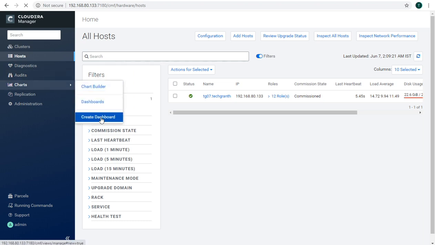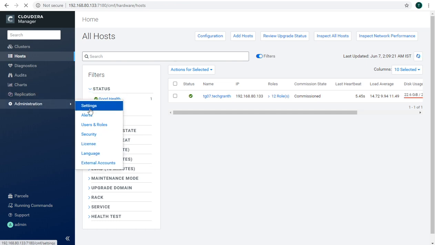For charts, we have chart builder, dashboard, and create a dashboard options here like earlier. Within replication, we have replication policies, snapshot policies, and peers. We can add and replicate our data from one cluster to another using this replication option.